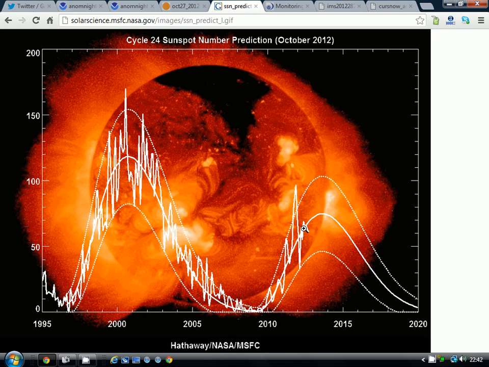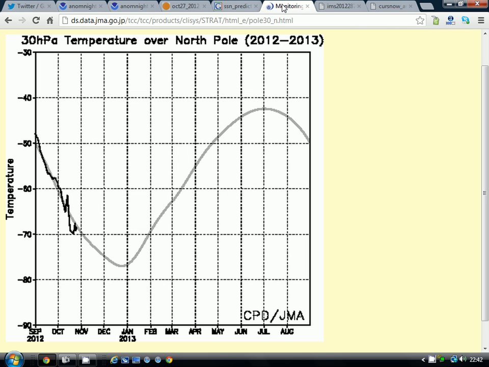So I don't think you can really separate one or the other. Both are equally important. If you have a lot of sunspots, you'll have a lot of flare activity. Now, as we go forward, I want to have a look at the stratosphere, and this is the current situation